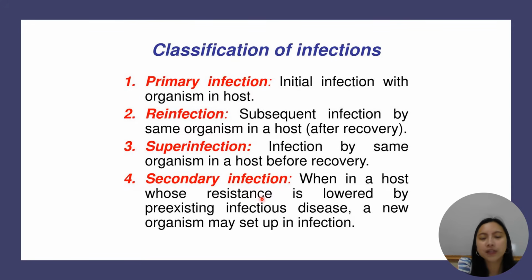Superinfection. For secondary infection, when a host whose resistance has been lowered, so unhealthy or immunocompromised by a pre-existing infectious disease, then a new organism may set up an infection. What does this mean, miss? This can be nosocomial infection. Remember, nosocomial infections are hospital-acquired infections wherein the patient got an initial or primary infection